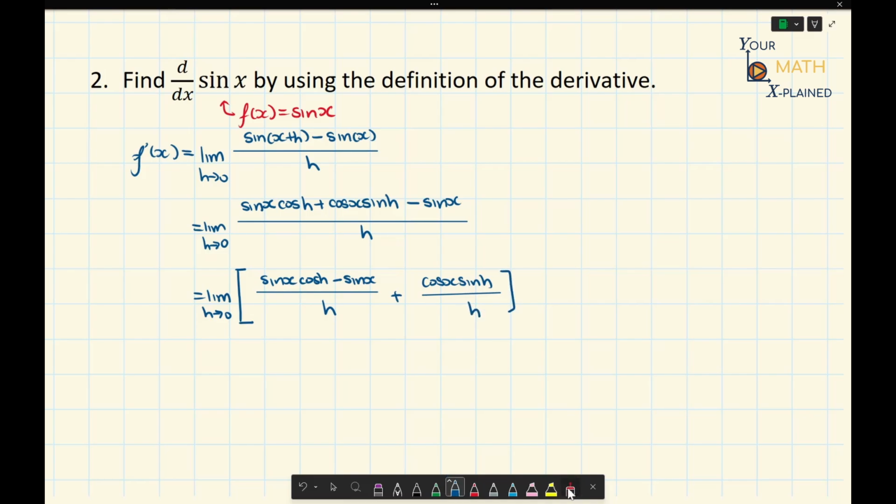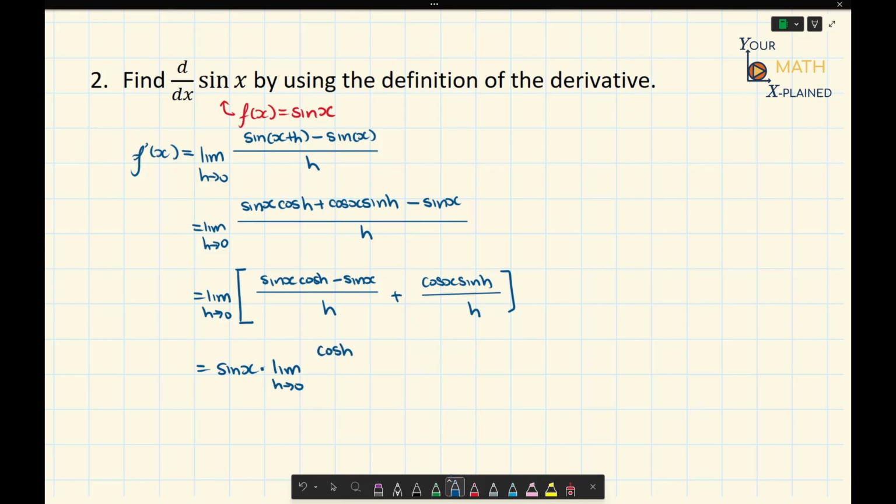Now the reason we want to do this is that we can go ahead and factor out a sine x from both of those terms. And because sine x doesn't depend on h, we can pull that out in front of our limit. And similarly, cos x also doesn't have any h in it, so that can also go outside of the limit. So then this ends up being sine x times the limit as h approaches 0 of,